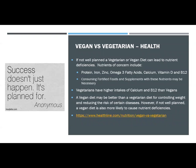So health differences, let's talk about that for a moment. If they're not well planned, a vegetarian or a vegan diet can lead to nutrient deficiencies, and there are nutrients of concern. Those are generally going to be your protein. If you're not eating animal sources, you need to make sure you're getting plenty from your plant sources. Iron can be of concern. Zinc, those are both generally found in our animal foods. Omega-3 fatty acids are generally found in our fish. Calcium is in dairy, and vitamin D is also found in dairy and fortified into foods, and B12 as well, found in